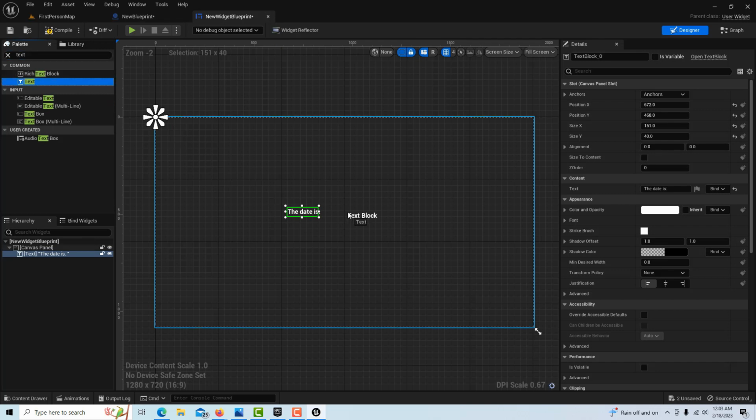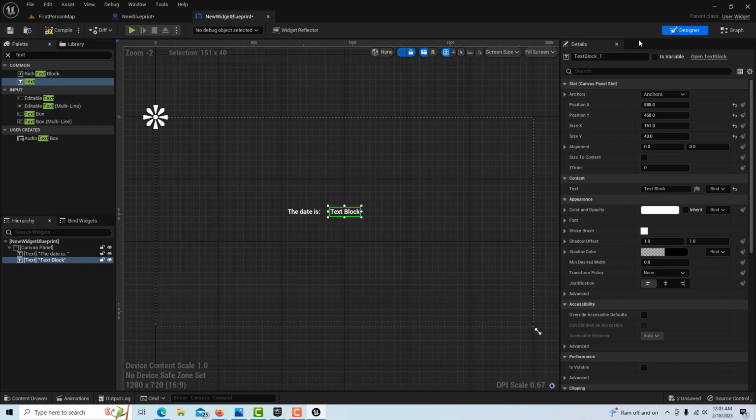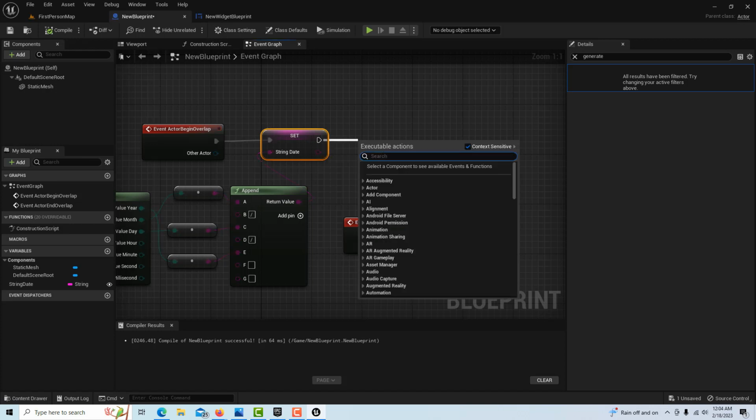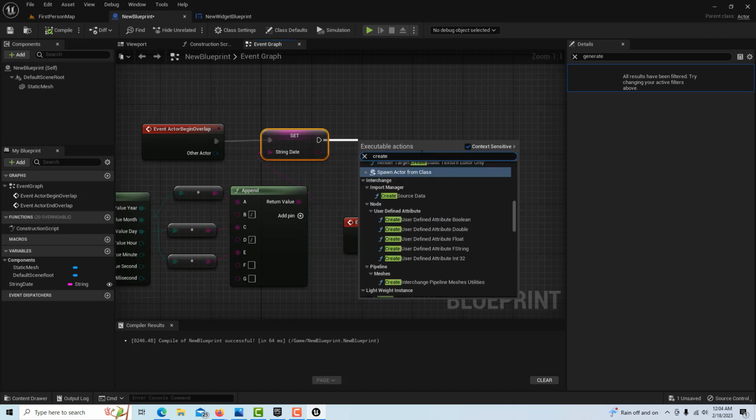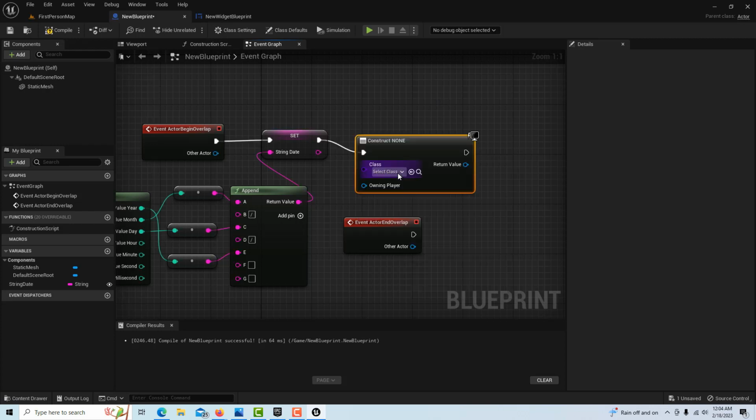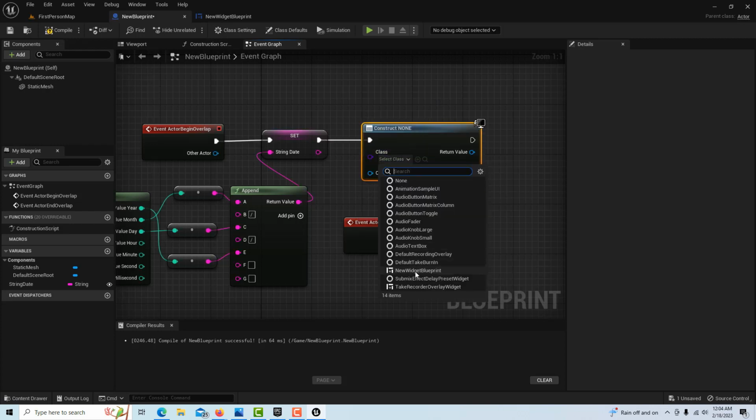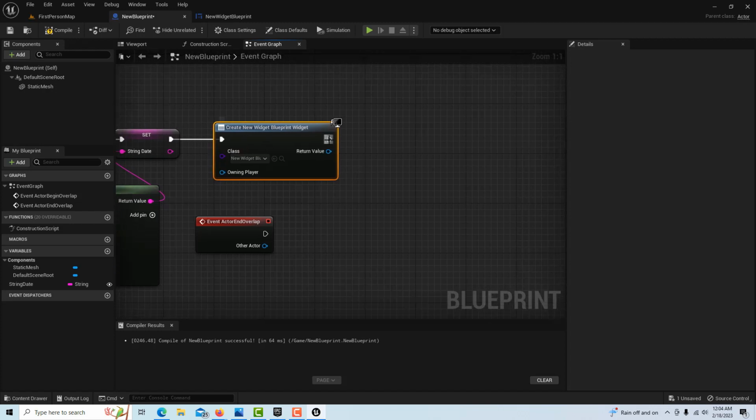And then I'll go ahead and get another text, and this will be for our actual date. And that needs to be a variable. So we set that to is variable, and compile and save. And then we can go back in here, and now what I can do is drag off of here and go create widget and set it to our new blueprint widget,